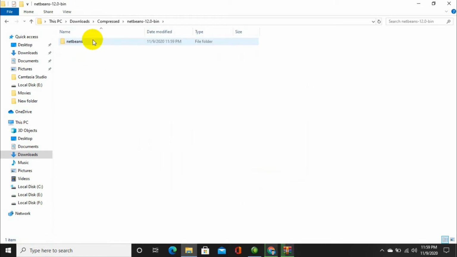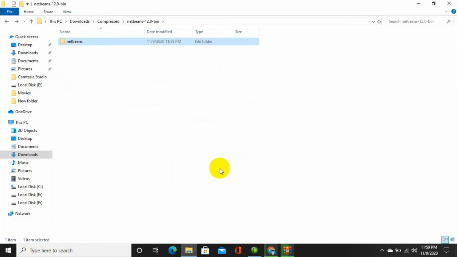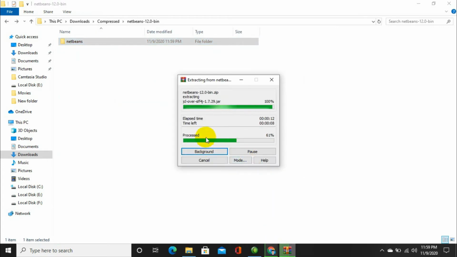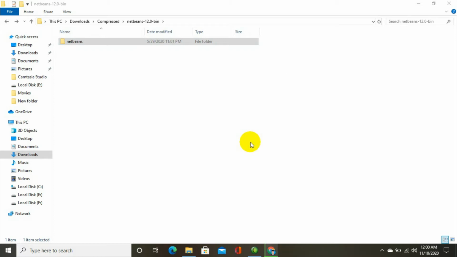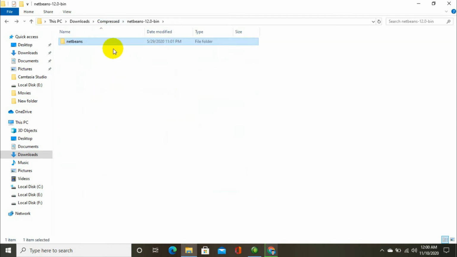As you can see, this folder has been extracted. Almost 50% is extracted, and it will take some time to complete extraction of this NetBeans folder. Now the extraction has been completed, and we have these files in the NetBeans folder.